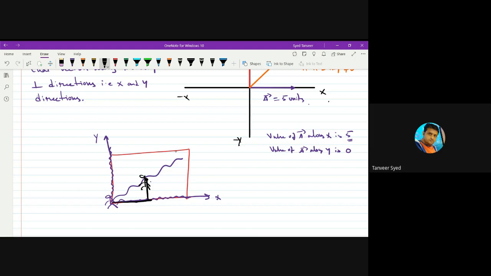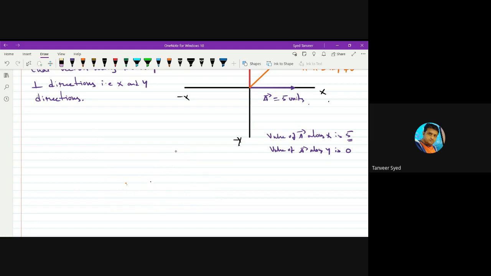If I show your position by drawing a position vector, which is this, then this position vector has some value in the x direction and some value in the y direction. We call these two values, or these two magnitudes, the components of this vector. That is the basic idea behind components. Now, trying to understand it technically,